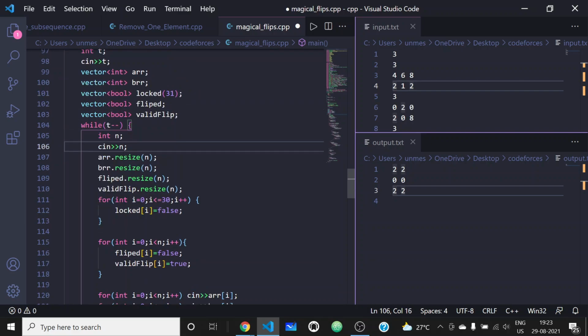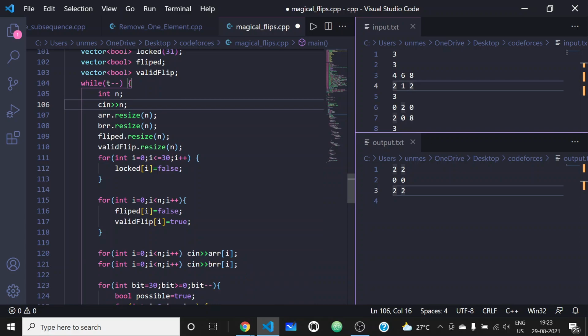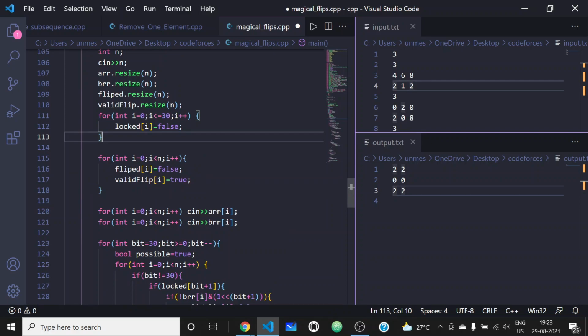So first of all, I am setting all the locked to false, and locked means basically whether that bit has been set to one or not.